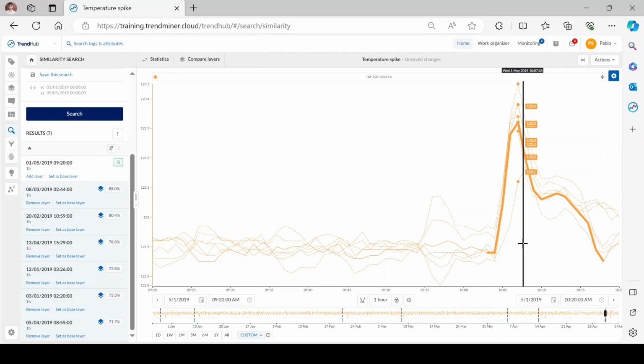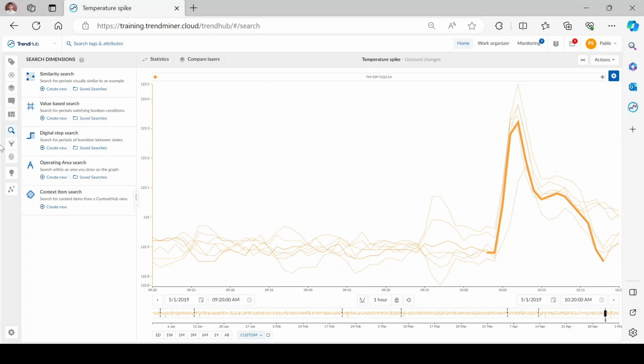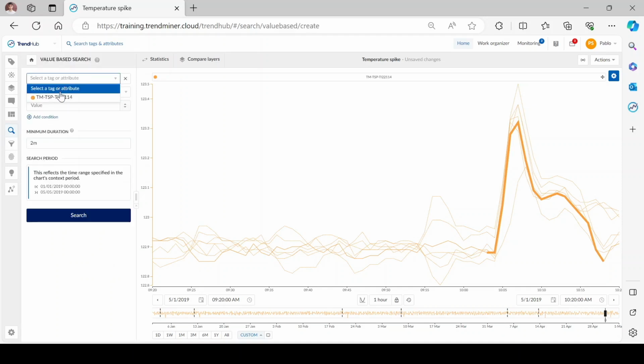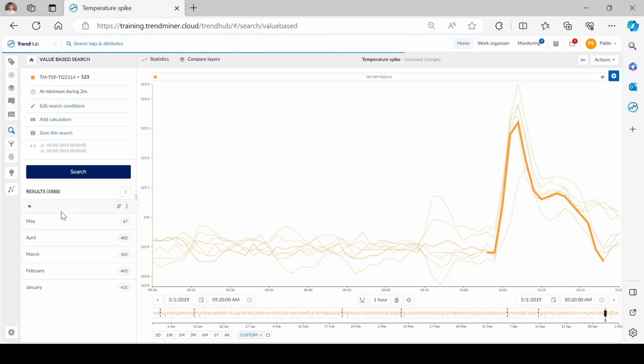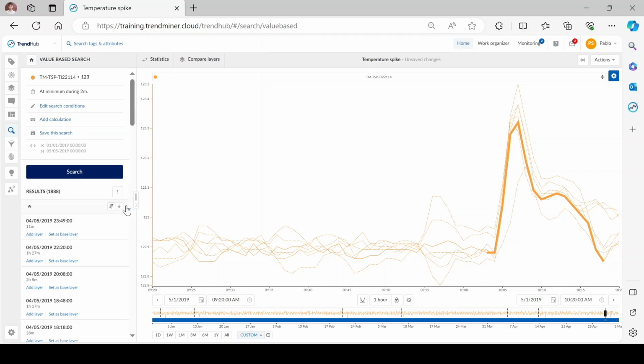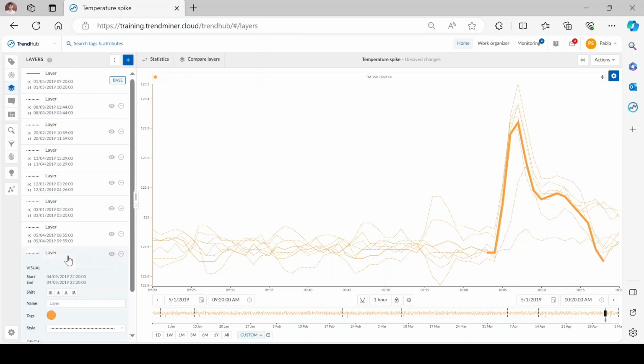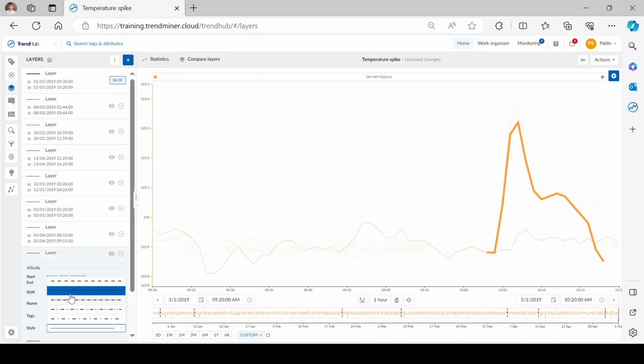For this, in the search menu, we will go to the value-based search and look for periods of normal operation. In this case, this is when temperature is less than 123 degrees. We click search, and we can add, for example, this period of 1 hour and 27 minutes. Now, once we have added these 7 abnormal periods, as well as this normal condition period, we will go to